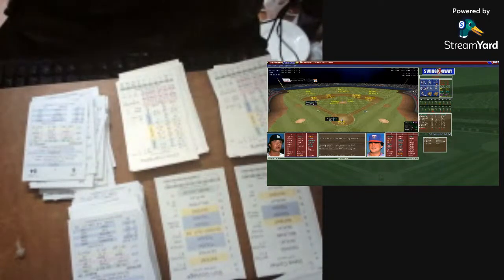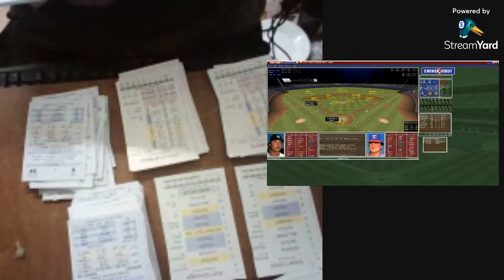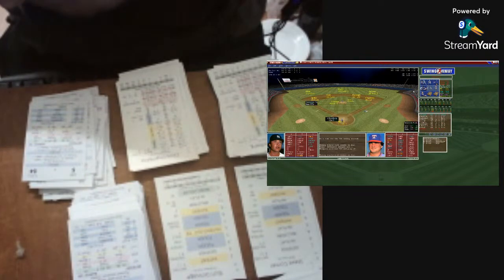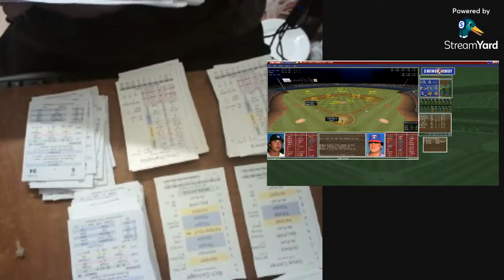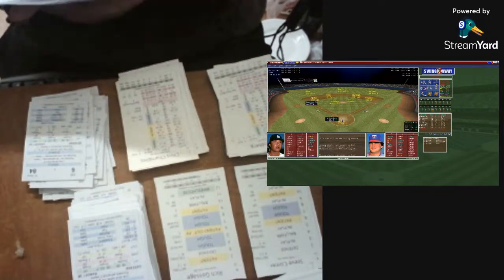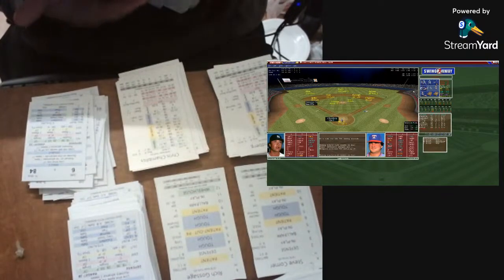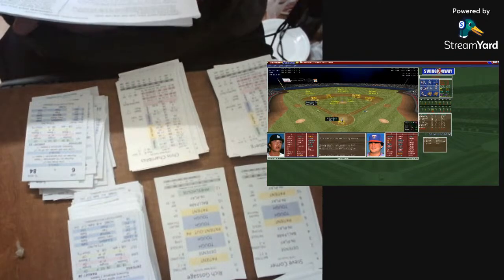That should hold the runner at third. Well, let's see if it... Oh, maybe not. It's a wheelhouse. That's going to score the run, I bet. I can almost guarantee that's going to score the run from third. So let's look it up, folks. Let's look it up together and have some fun and die of misery.